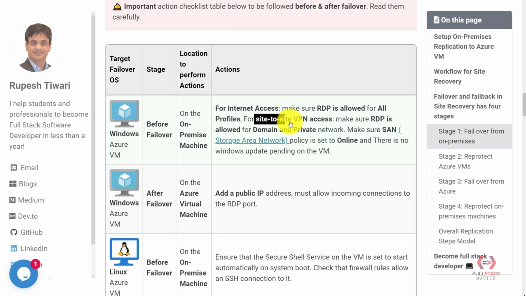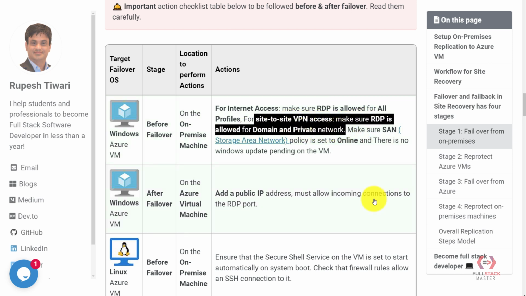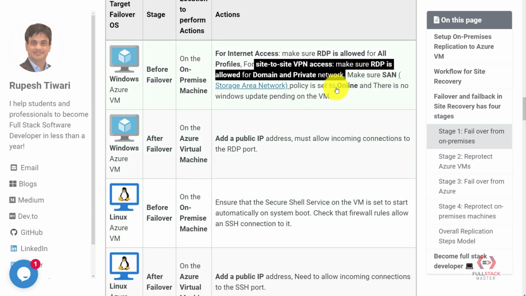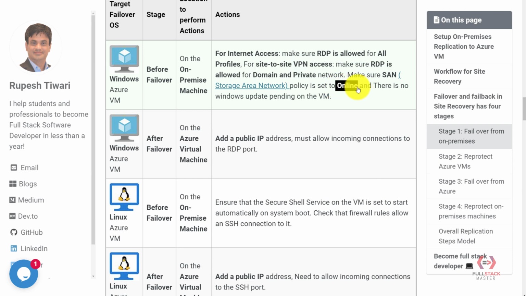If you are using site-to-site VPN, then make sure your RDP is allowed for the domain and private network. Another thing to note here is make sure your SAN is set to online. What is SAN? SAN is a separate topic that I can cover in the next video or in my upcoming video.